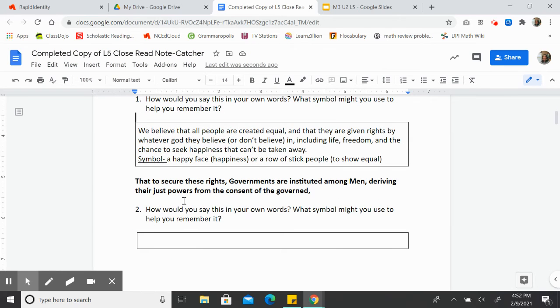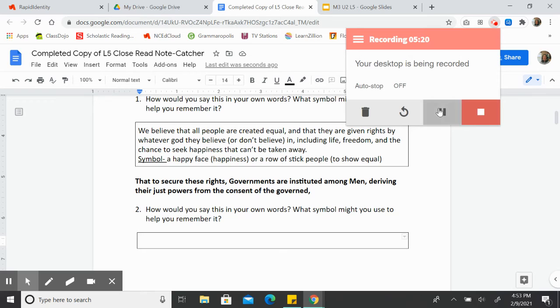Okay. All right. So look at this next piece. This is number 2. Okay. So to secure these rights, governments are instituted among men, deriving their just powers from the consent of the governed. So how would we say that in our own words? Think about that for a second, and I want you to write in your answer on number 2 on page